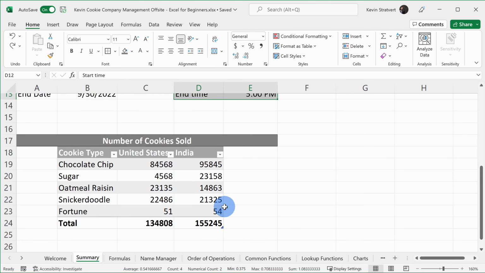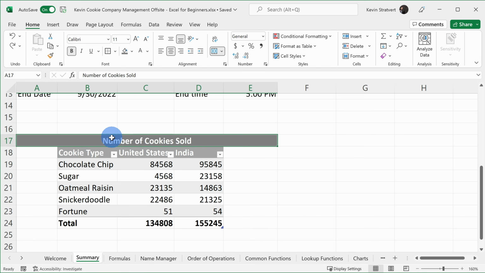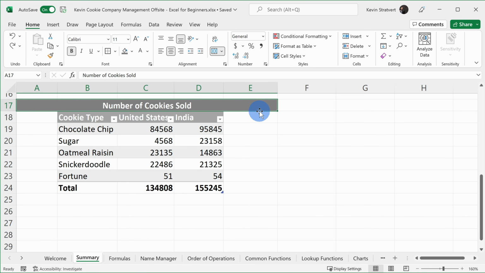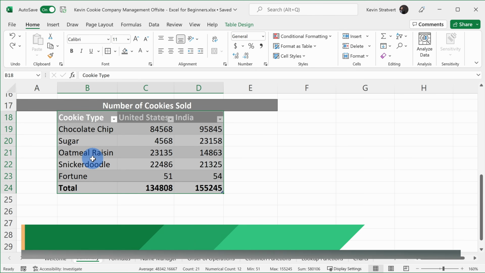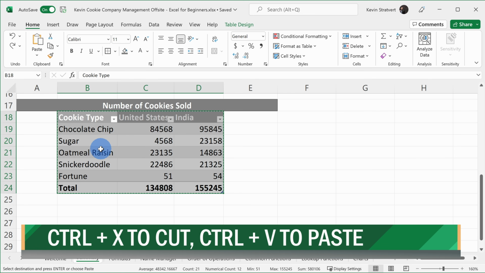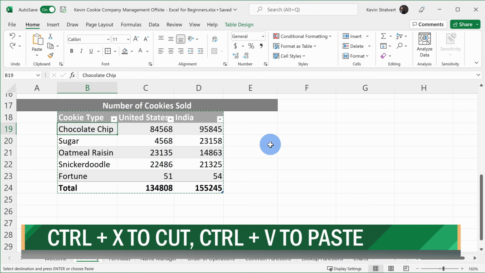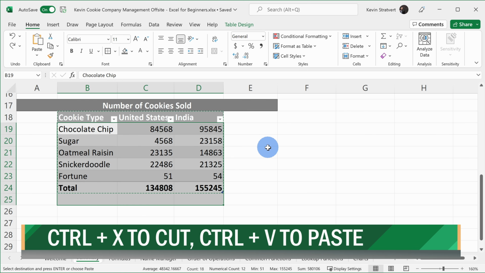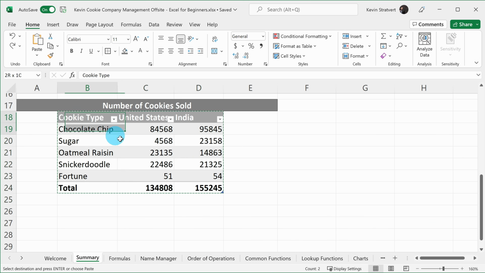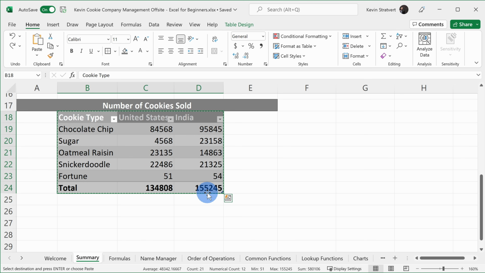Down below with the table, I'm not quite satisfied with the position of the table. It looks like these headers just run into this heading right up here. I want to leave some space in here. To do that, here I'll select the table and I can press Control X on my keyboard to cut the table. I can click into this cell and then I can press Control V to paste, and that moves the table. But an even easier way to do that, I could select this table and then I simply click on